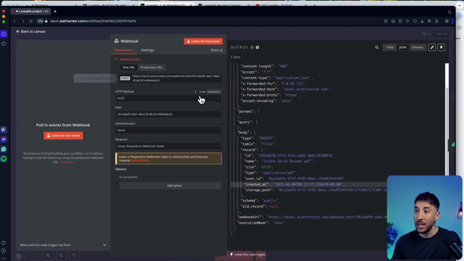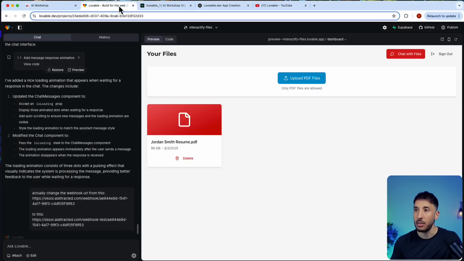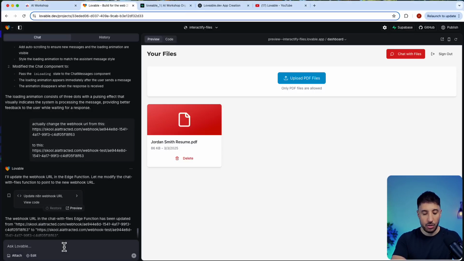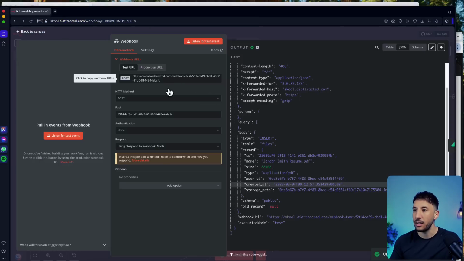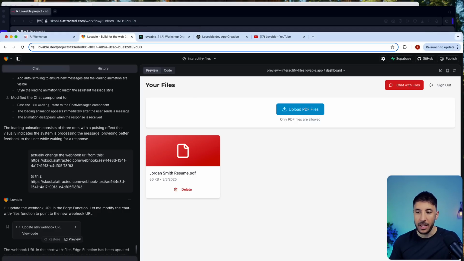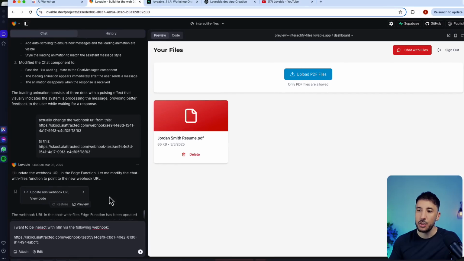Now the way to have Lovable interact with your n8n is very, very simple. You literally copy this, you go to Lovable, and you just say essentially, hey, I want to be able to interact with n8n via the following webhook, right? And you're going to paste that webhook. I don't know why I didn't paste, but anyways, yeah, right here. Probably didn't copy it. Yep, and now once you press enter here,